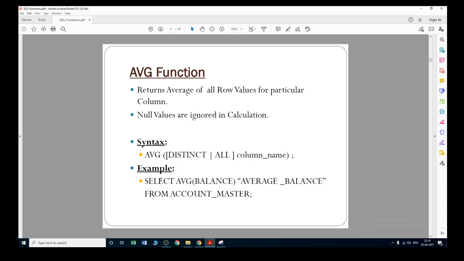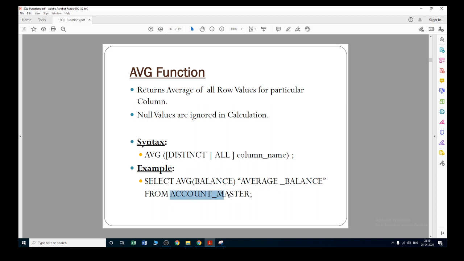Whenever we are selecting a particular thing, we have to use this query. We have studied some languages, right? DDL, DML, DCL, TCL, and DQL. Among those, if you would like to select particular data, you have to use the SELECT query. So, select average of balance, which is going to return as a column name, from account master.